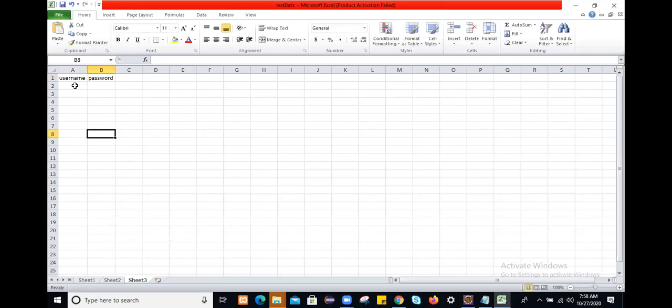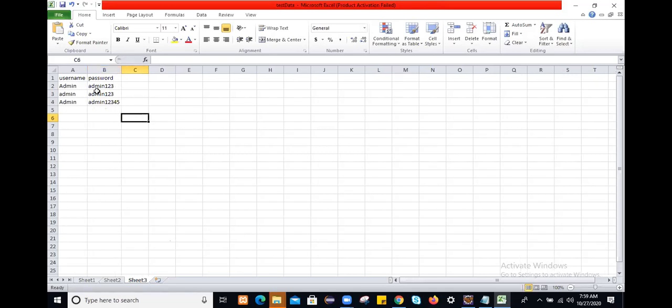For that application, what is the valid username? Admin. And what is the valid password? Admin123. Okay, so this is the first set of data. Then the second set of data, I will say admin, but this time the A is small, and the password I will keep the same. So the username is admin, valid username, but the password we will say admin12345, invalid password, like that.